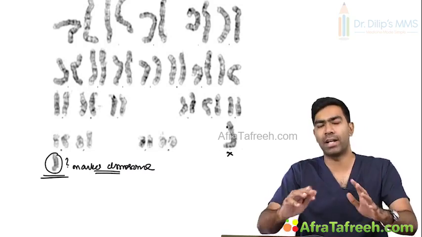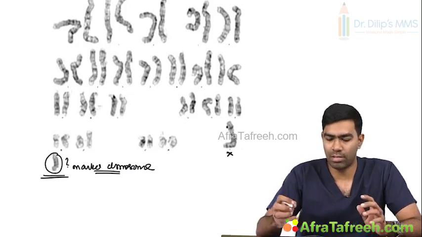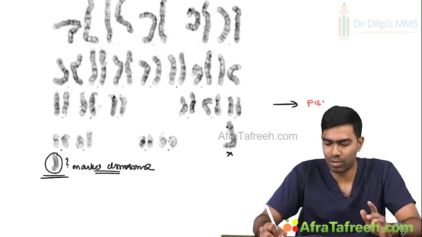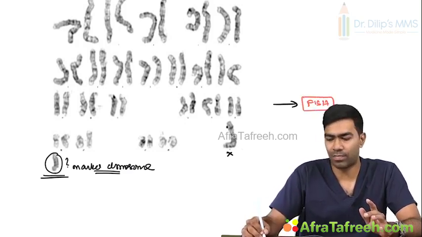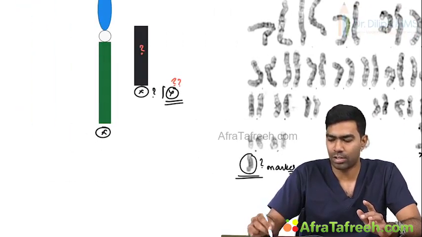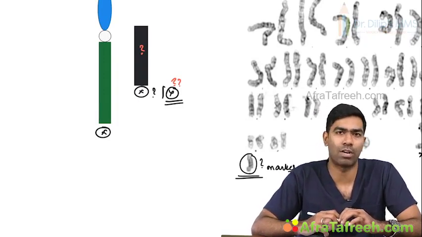We cannot clearly band it through our karyotyping studies. So obviously, whenever you see a marker chromosome in the exam, if they ask you, the next step is FISH. You have to find out through FISH whether this chromosome contains Y material or not. Suppose this marker chromosome contains Y material, there is a high risk of development of gonadoblastoma,